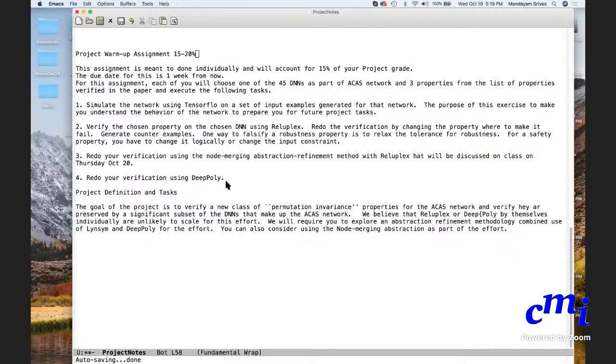Not having looked at the properties, I don't know if DeepPoly can verify any of them. Maybe some properties which are all bound kind of thing it may be able to verify. It would still be an interesting exercise to see if there are any properties for which, for that particular scenario, DeepPoly can verify.